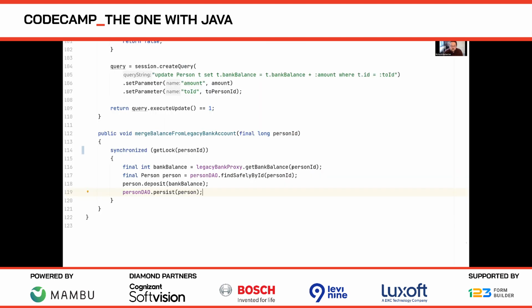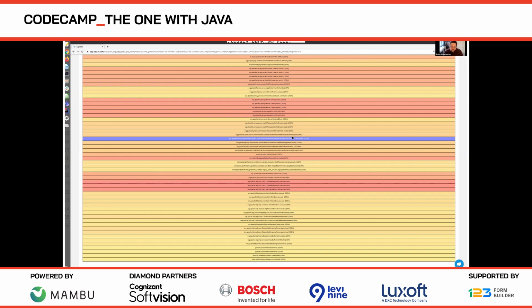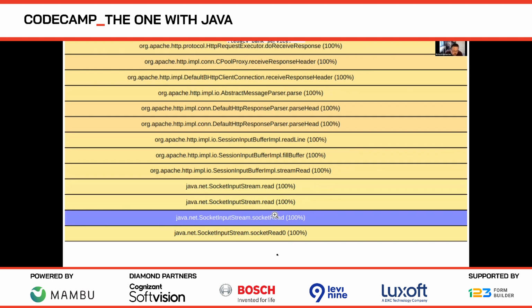So what is that method doing? Well, get bank balance is just doing an HTTP GET request on another service, as you might see with many microservices type setups. When we get to the bottom of our flame graph, let me zoom in again so you can read that clearly. We've got a socket input stream socket read method that's taking up 100% of the time here. Our benchmark is bottlenecked on this method. What does that mean? Well, it's not CPU time bottlenecked, it's wall clock time bottlenecked on that method. It's waiting on that method.